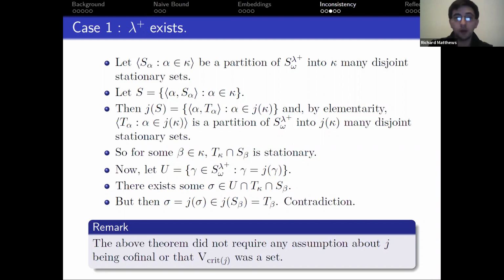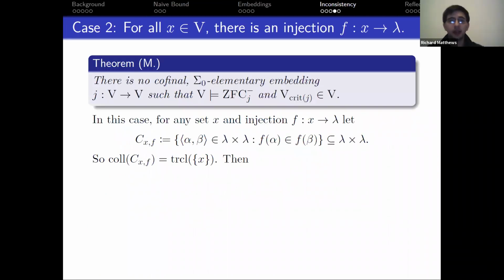So that's case 1. Case 2 is the statement that for every x, there is an injection f from x into lambda. And case 2 is essentially we're going to do our coding proof we did earlier. So in this case, for any set x and injection f, we're again going to let C_{x,f} be the same set we took before, which is a subset of lambda times lambda. So the collapse of C_{x,f} is the transitive closure of the set containing x. But now we have that j of the transitive closure of x, because this is an element of V, is j of the collapse of C_{x,f}, which, because of the absoluteness of the Mostowski collapse,